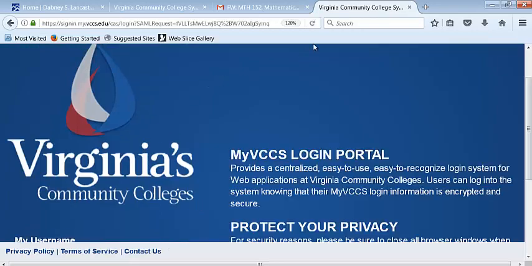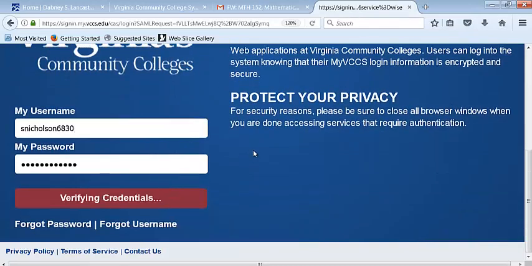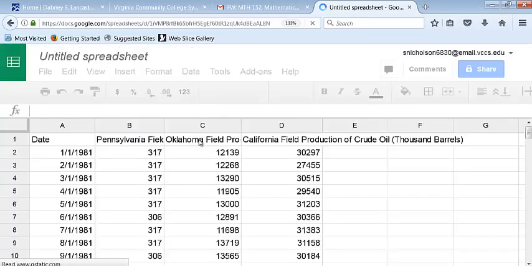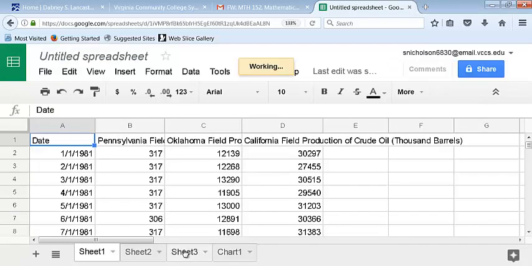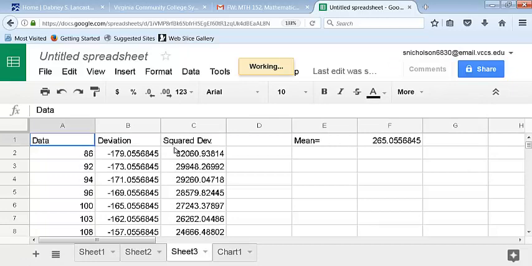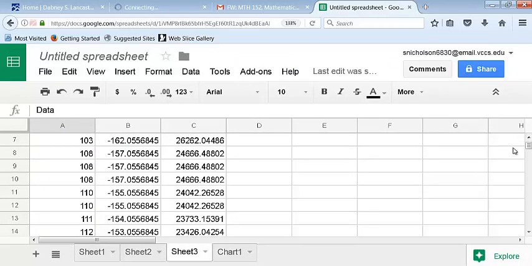Okay, not sure what happened there. So let me go back in again. Sign me out. Okay, we're back in again. So we'll go to sheet 3. Luckily everything's saved. So again, if we go down to the bottom,